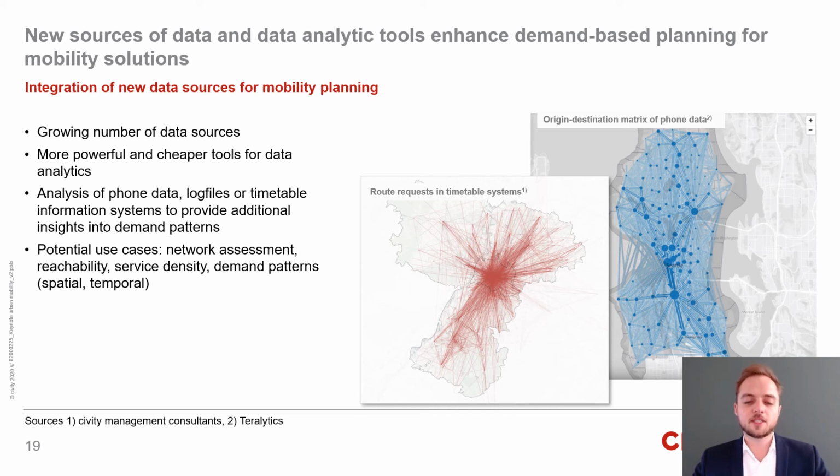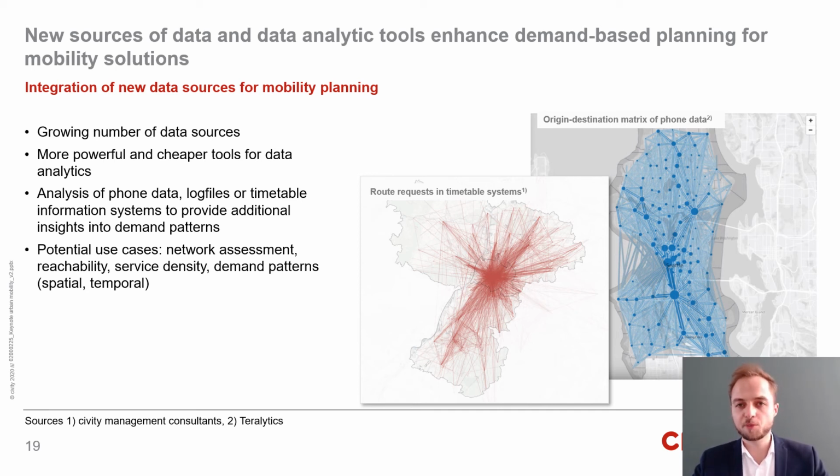As you can see here, we plotted the data we collected from two different sources. The first is the phone data, so your mobile phone can be tracked within the city to give us this origin-destination matrix that you see here on the right-hand side. In blue, those lines indicate where people were moving within the cities and at which time. That's one source to analyze mobility patterns, and another possibility is to take a look at timetable information systems, where